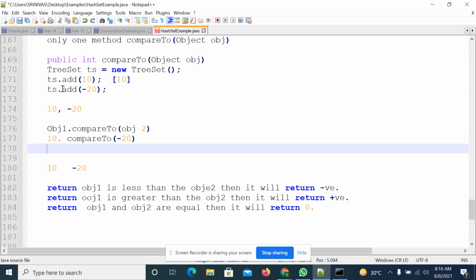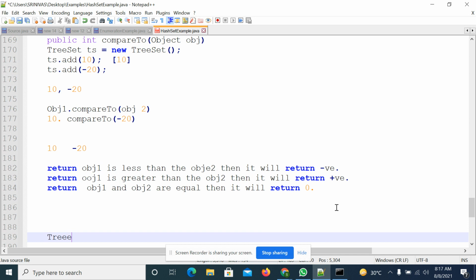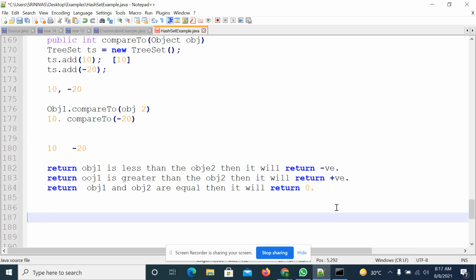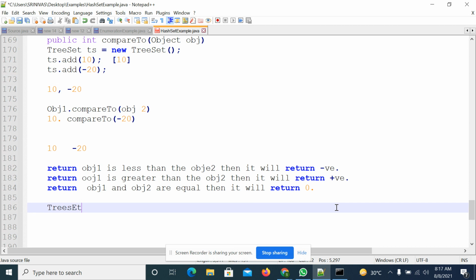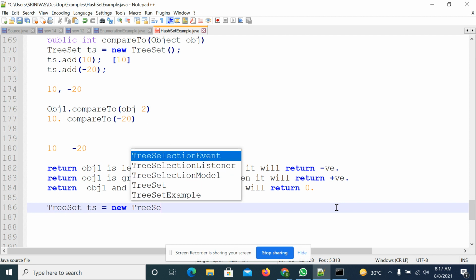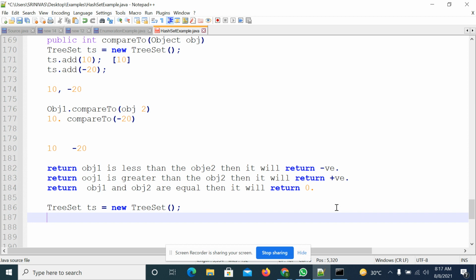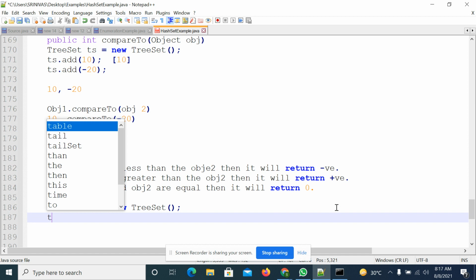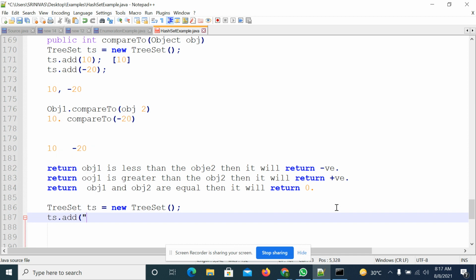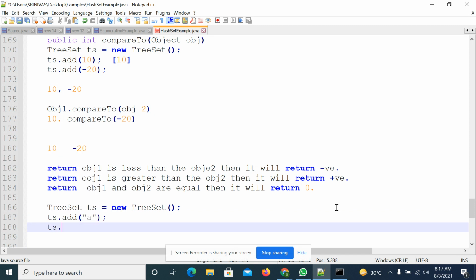Suppose you are trying to add alphabets, what will happen? Consider you have a TreeSet, an empty TreeSet, and you are trying to add string elements. ts.add, you are trying to add an element a, and then you are trying to add some z element.